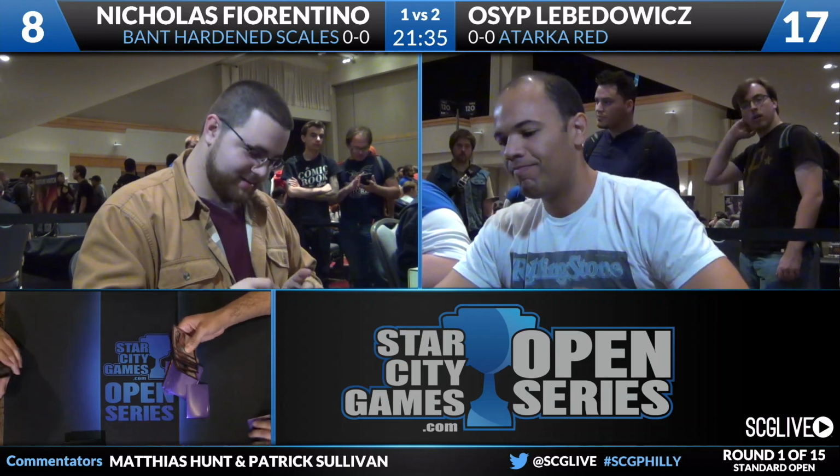A game that actually went longer than I had suspected based on Nicholas's 4-card start. But in the end, Osyp with too many removal spells for Nicholas to make his way through. And definitely a winnable 3rd game for Fiorentino there if he drew Hangarback Walker. Could have definitely won. Fortunately for Lebedowicz, Fiorentino didn't find